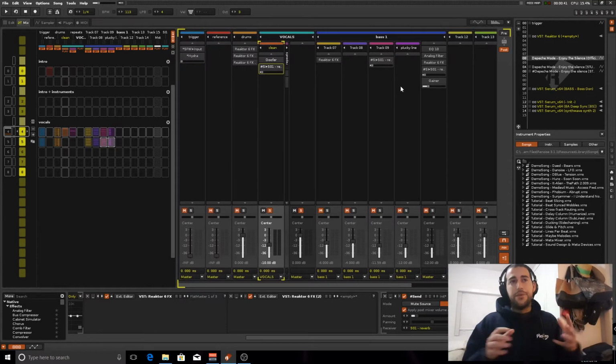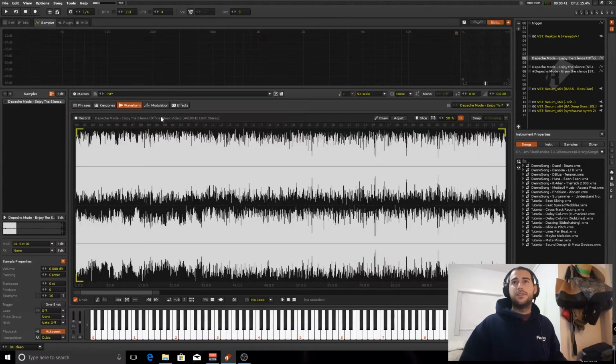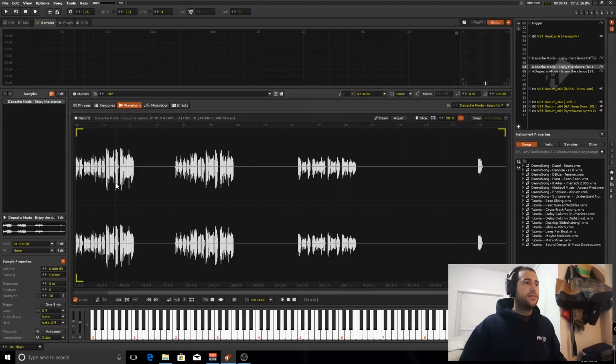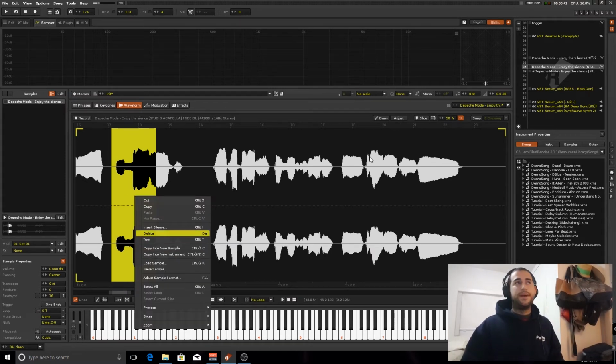But in order to make a remix inside Renoise, I suggest that if you're going to start adding effects, or you want to chop a part of the vocals to make weird, modern production techniques, get your vocals inside a group and then use the function of scrolling through the sample and select the part that you want to add some different tricks to, and just copy to new instrument,